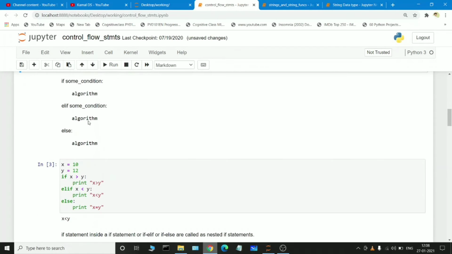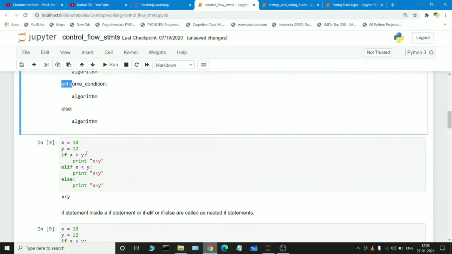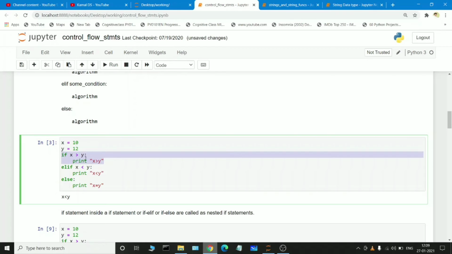So there is another representation of if in the control statements. Here is the if condition and here is some logic, some condition we are writing, and this is where we are printing the print statement. This else block we have also seen in the above cells, but we have not seen elif, which means if you want to write n number of if conditions, for example if x is equal to 10 and y is equal to 12, it is going to check the condition first. If x is greater than y, what is the x value here? 10. X value is 10 and y value is 12. 10 is greater than 12, true or false? Automatically the condition is false. So the if block will not be executed.